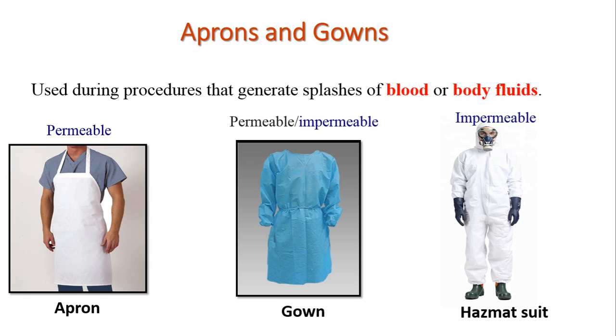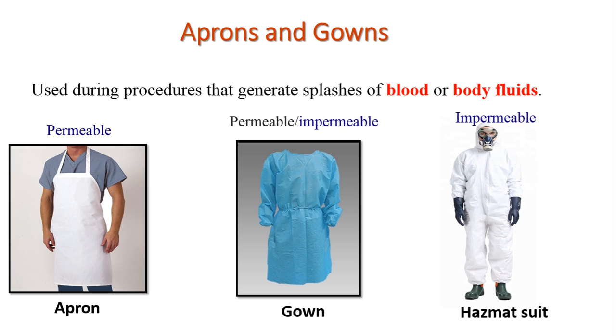Usually gowns are made up of cotton and they are permeable. However, nowadays we are having impermeable gowns also. Permeable gowns are basically used where we just want to prevent any kind of contamination from body to product, like in vaccine industries, pharmaceutical industry or food industry. However, whenever you want to handle a dangerous microorganism, you always have to use an impermeable gown. Better than this, we have hazmat suits which cover the entire body from head to boot, and it is completely impermeable. So like that we have different types of aprons and gowns which can be used as per our requirements or as per the category of organism you are handling.